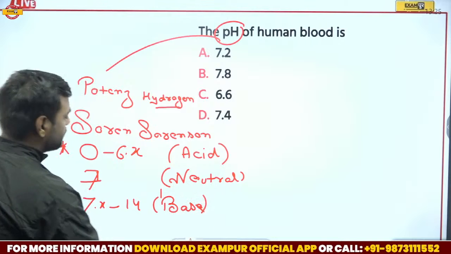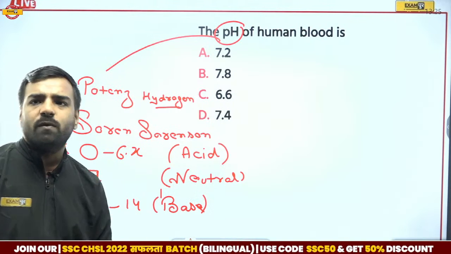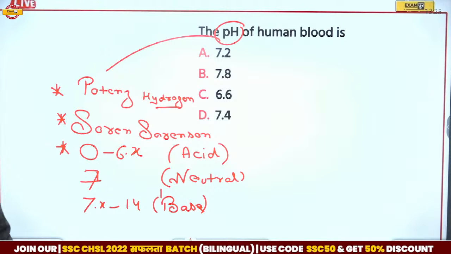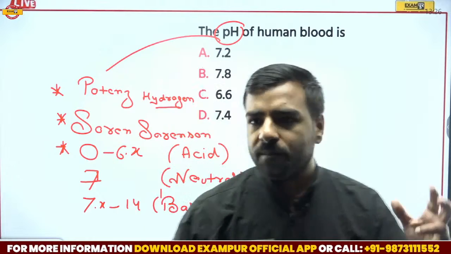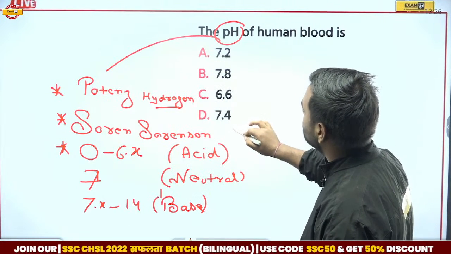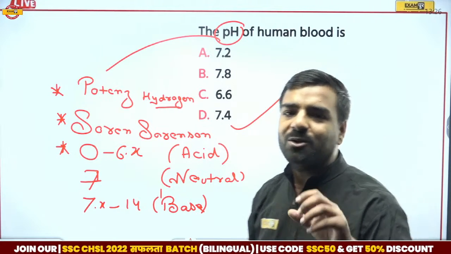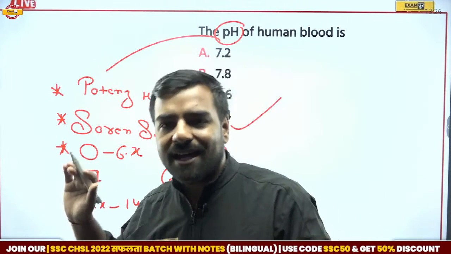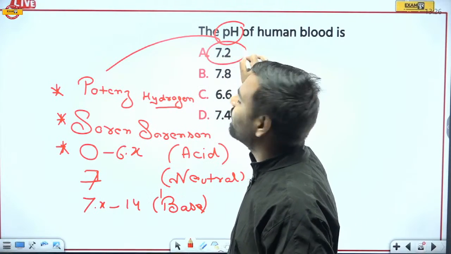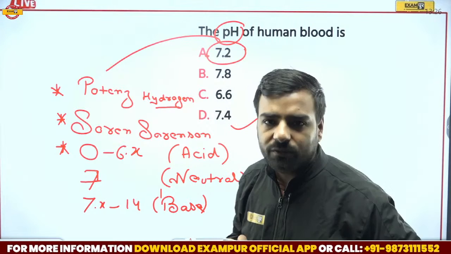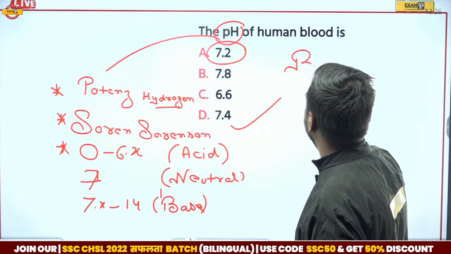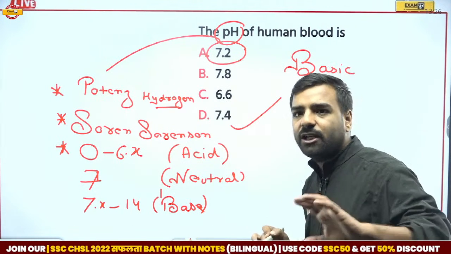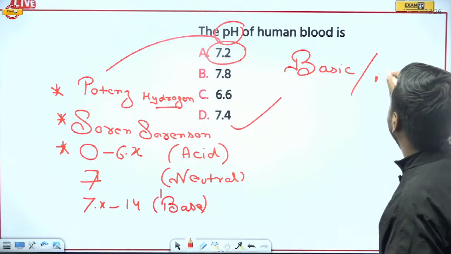Now, sir, we have seen all these things. Now if I go with human blood, Jagdishan is going with 7.2, Kirti is going with 7.2, okay, and Jagdishan is showing that saliva is 6.6, that's true. But saliva's range actually varies. If I talk about the pH of human blood, it is going to be 7.4. I know there's only a 0.2 difference, but whenever you look at the first option, you will directly click on that. The correct answer is actually 7.4. So if someone asks whether it is basic or acidic, you'll directly say, sir, human blood is basic in nature. And if basic is not given in the options, you will be given alkaline.